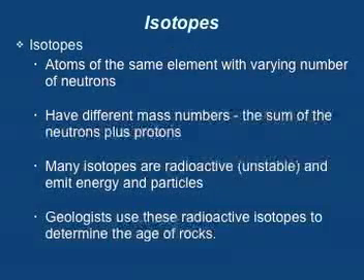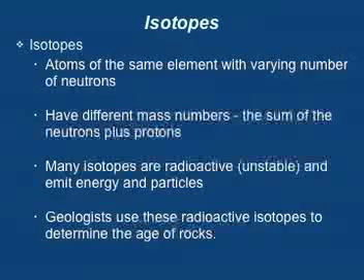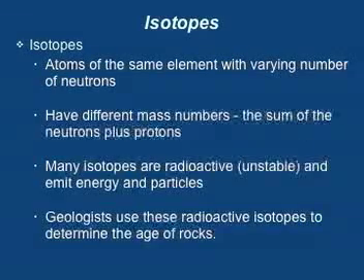All right, we sort of gave you a little hint earlier about isotopes. Remember I was saying about carbon-14, and then I told you that you and I have carbon-12 in us. There's also another isotope of carbon called carbon-13. Now, an isotope is just an element with a varying number of neutrons. So carbon-12 is the most common type, then less common is carbon-13, and even less common is carbon-14. They're all carbon. They all have 6 protons in their nucleus. But what differs is carbon-12 has 6 neutrons, carbon-13 has 7 neutrons, and carbon-14 has 8 neutrons.